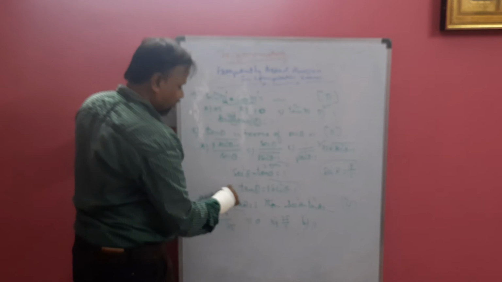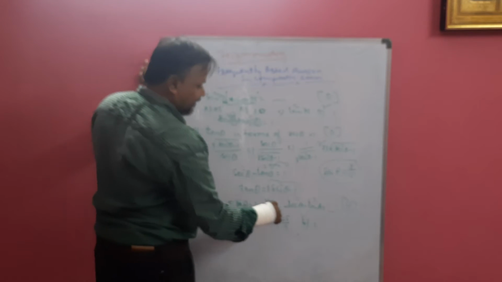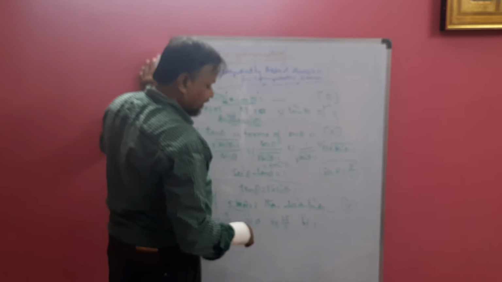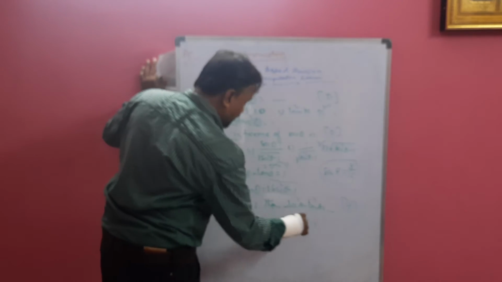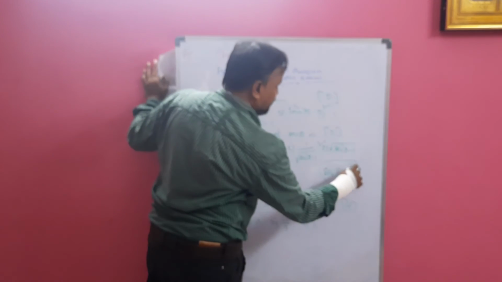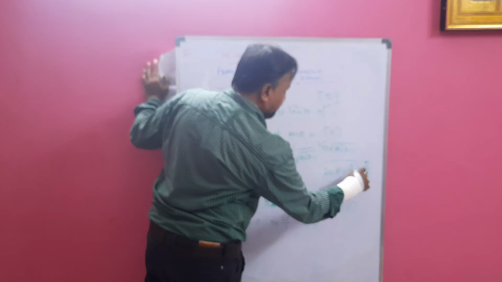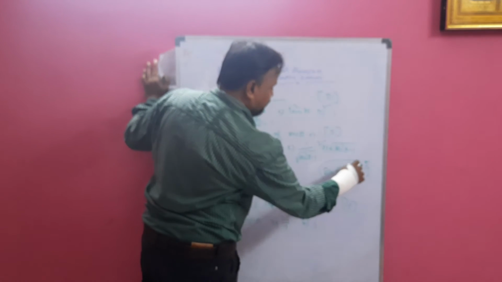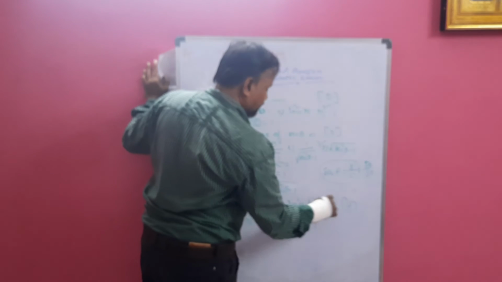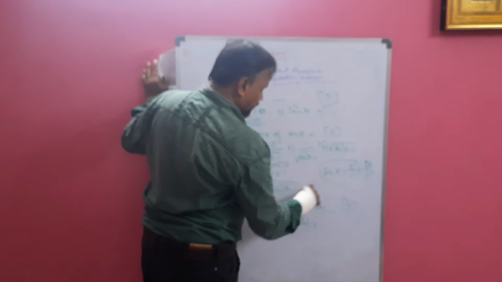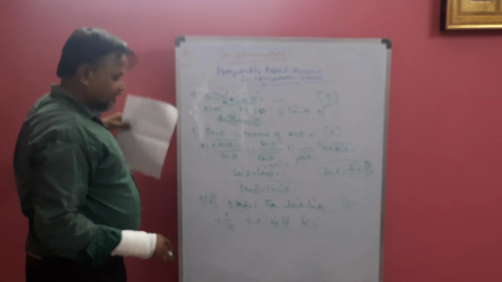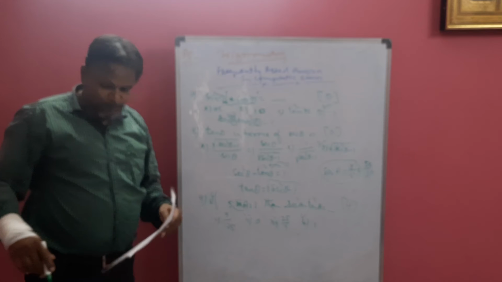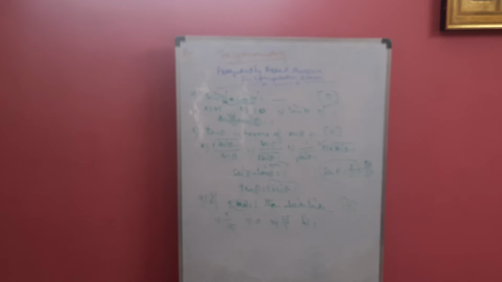Whatever the value of A is, if both angles are the same, then this is our identity, and it is always 1 for any value. If you substitute 5 by 3, or 50 by 30, we will get the same value, 1. Why? Because it is a formula. Whenever a formula is there, we just write the identity value, which is 1. This is the second identity.